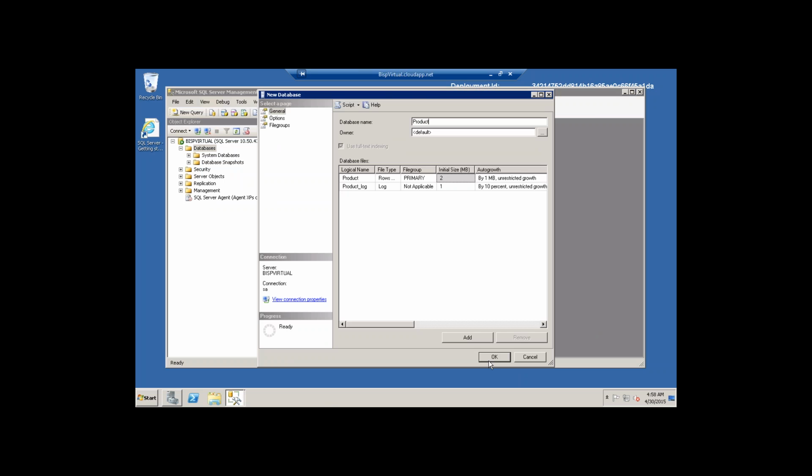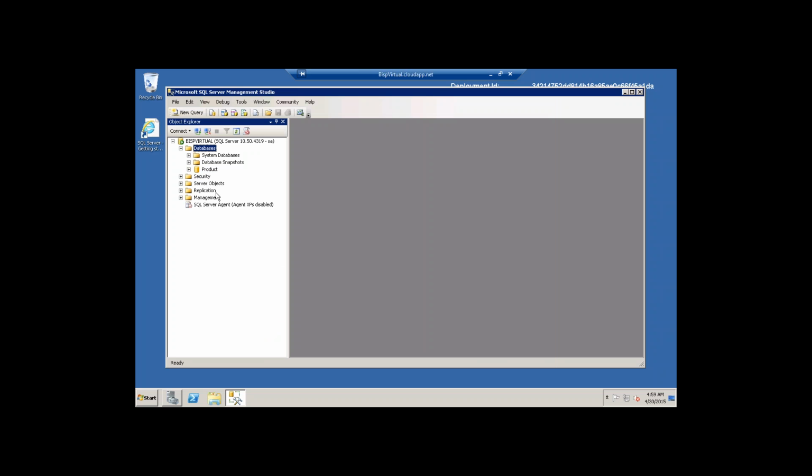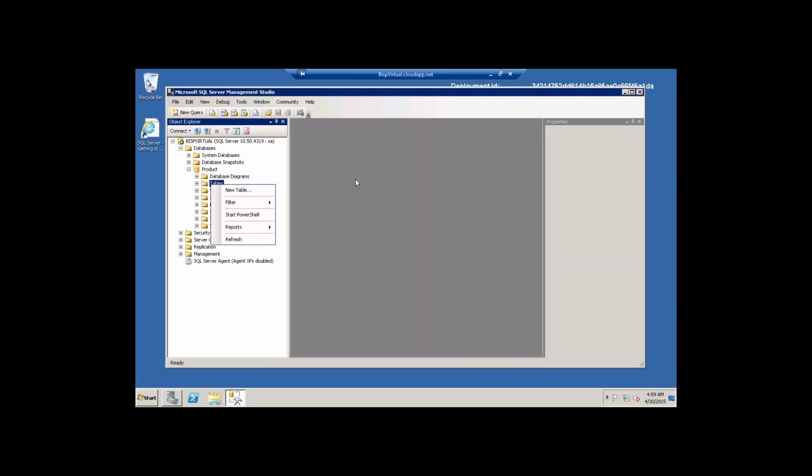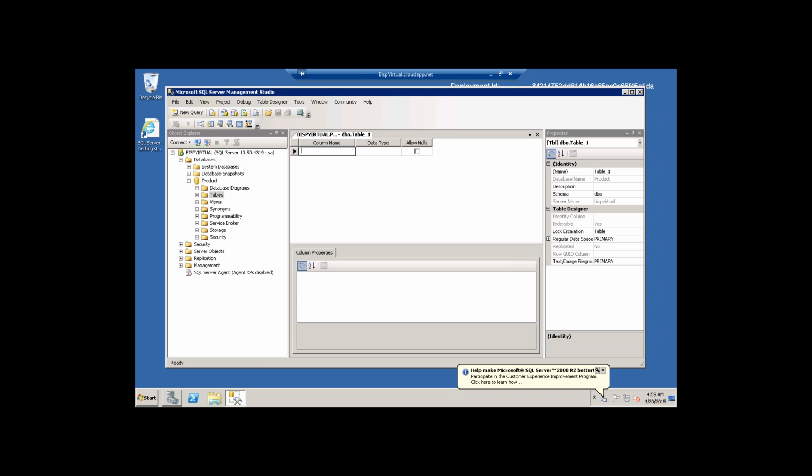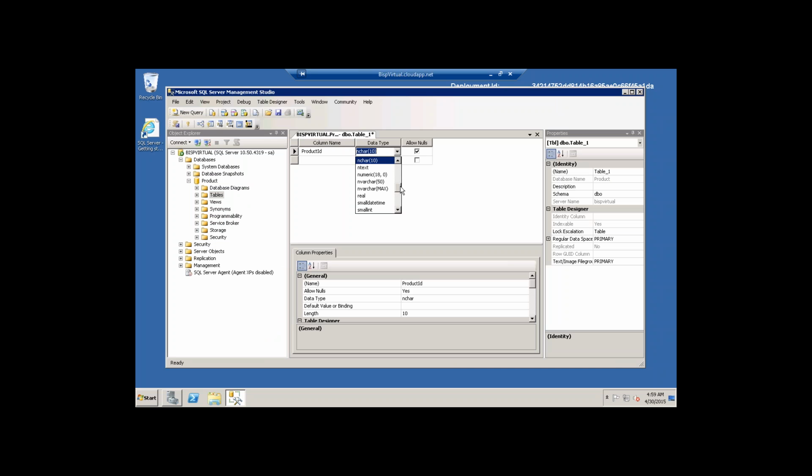Product, and okay, and in that product database I'm going to create one table, that is the product info table. Tables, right click, new table, and the attributes, I'll create 3 attributes. I want to store product ID, data type will be integer,